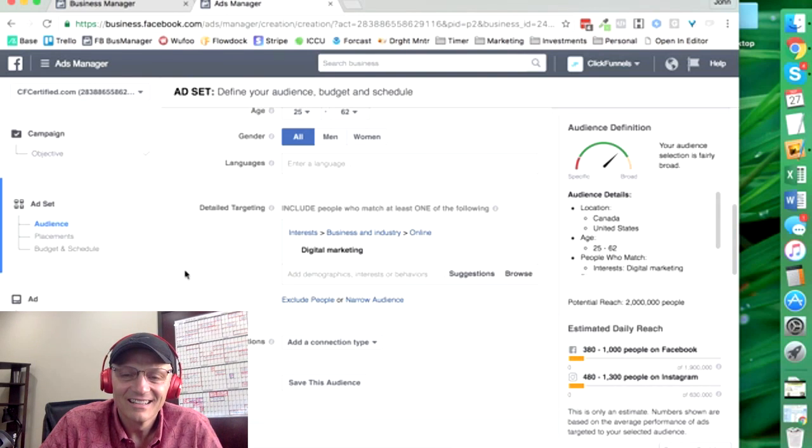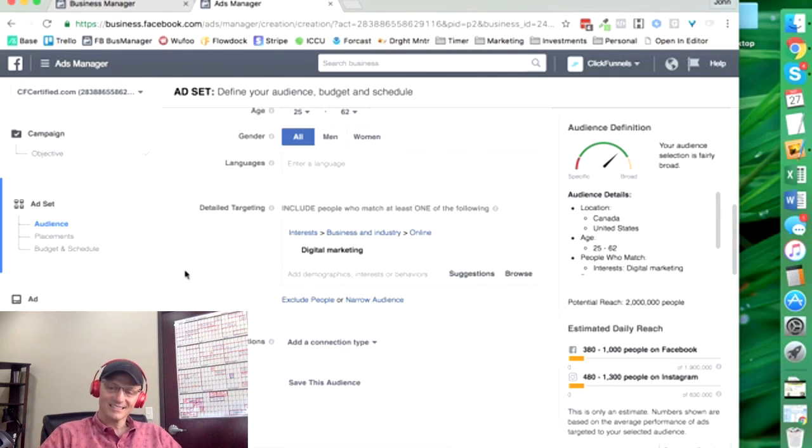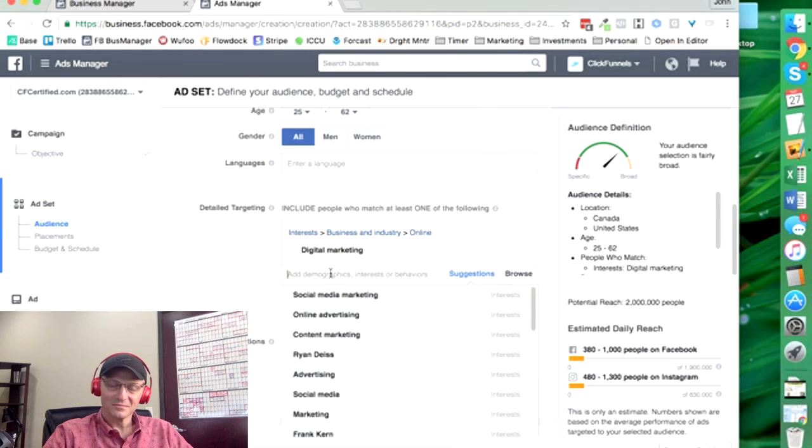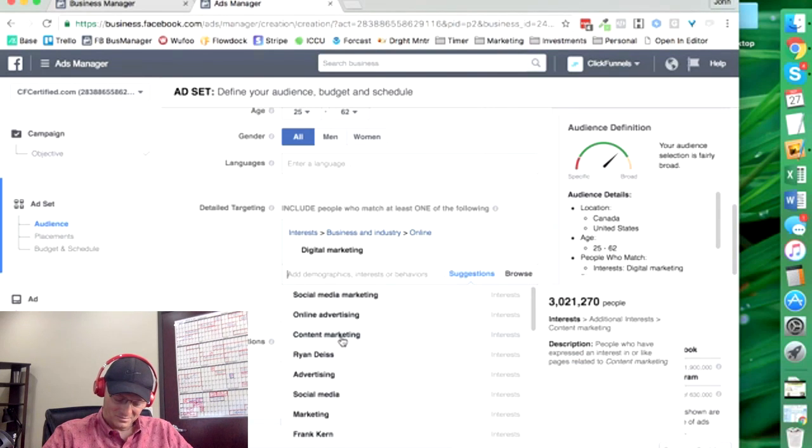So you have to think to yourself, how can we narrow this down? How can we cut out the people who are not interested? Because what if digital marketing to them means something totally different than it does to you? So we need to really refine this and make sure us and our audience is on the same page. So in this initial bracket here, I'm going to put in digital marketing, and I'm going to put in any general interest, like super broad general interest that's on that same